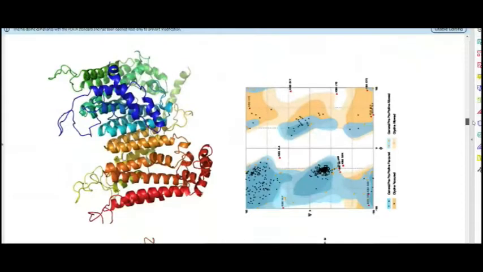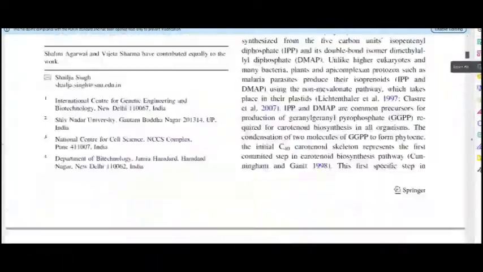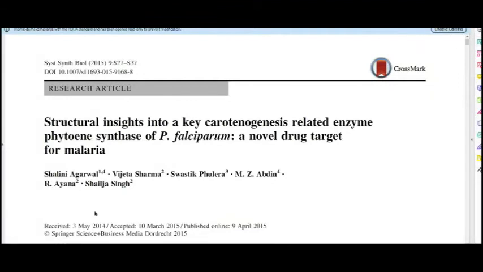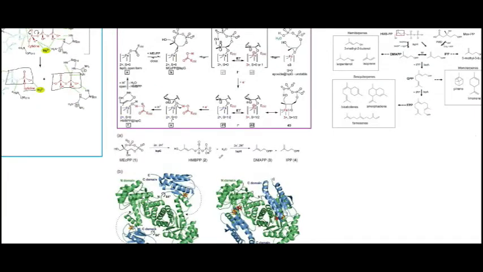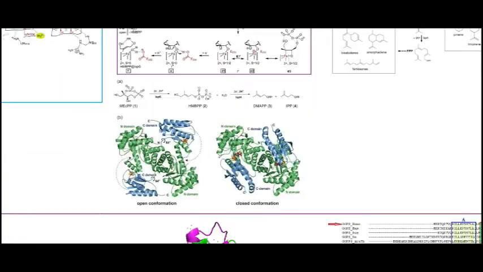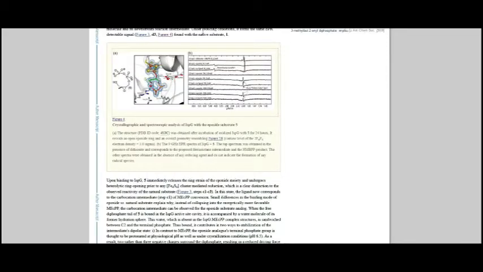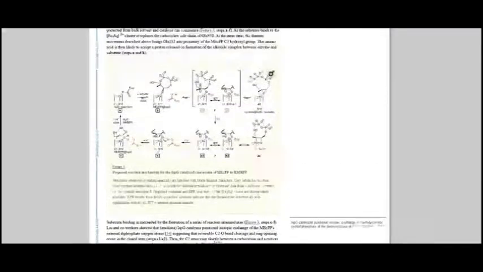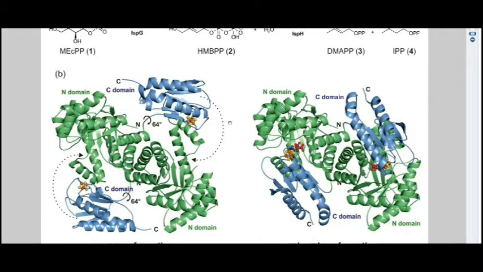Wait, no, so this is a paper for a different enzyme. This is for one from a different, I think for this one I just, yeah, so I have the images. So this is the paper I was thinking of, and so I actually have the images here,